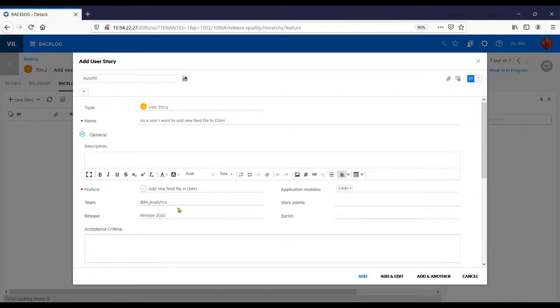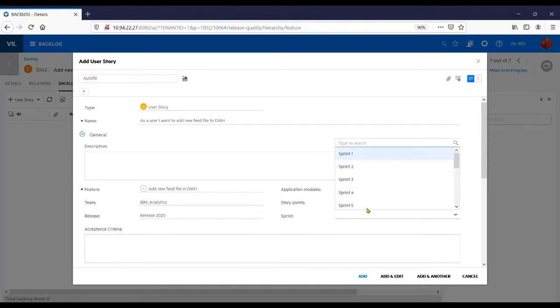Next, enter the story point calculation. While you have a team meeting or a planning meeting, you calculate your story points and put them over here. Again, the target is the sprint. Let's say we are targeting sprint 2.